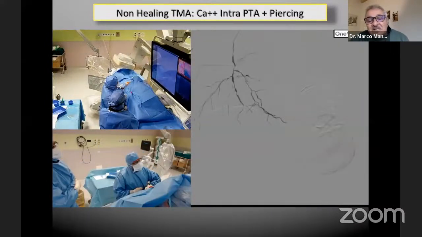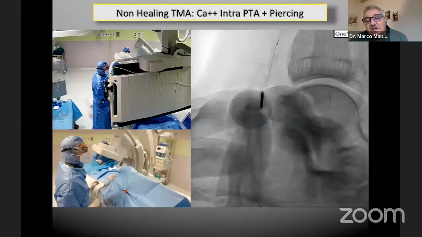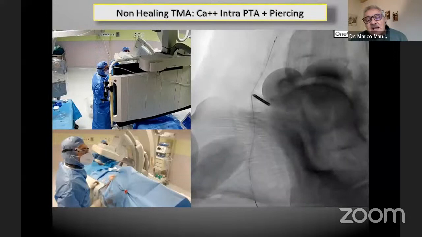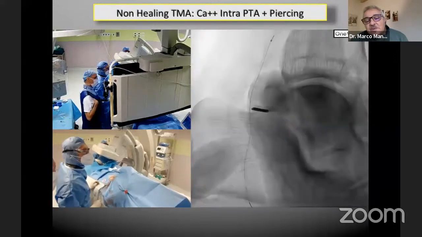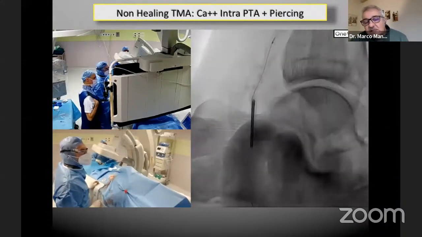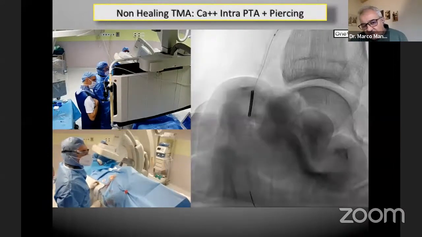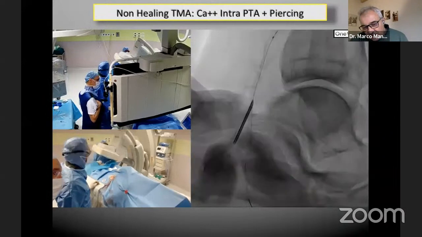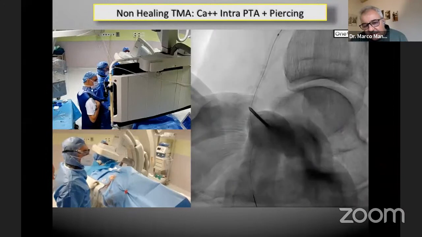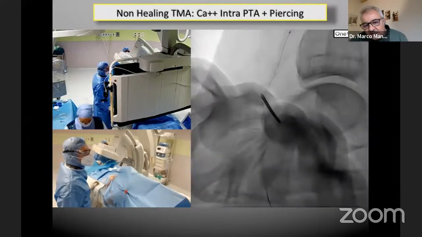You can see here the aspect of the disease. So in this case, when we have the wire through, it could be useful to be really aggressive and use the strategy of the piercing technique. You can see with the 18 gauge needle, we perform the direct puncture of the artery transcutaneously, and we try to crack completely the calcium and the lesion. We try to destroy the artery in this way, but